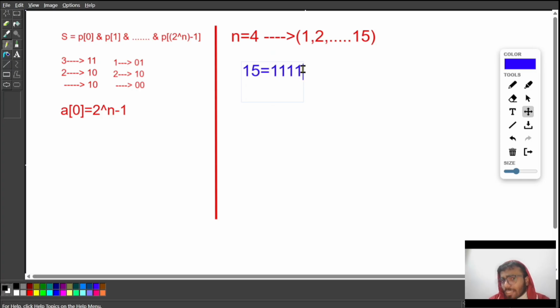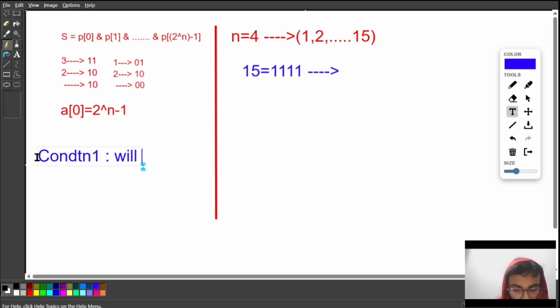Now, what should I do so that I'm able to generate the others, keeping in mind that the condition is that I need to maximize the S? So condition 1, I am writing here. This is condition 1. We'll always choose